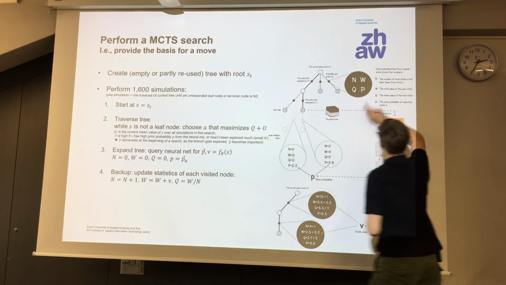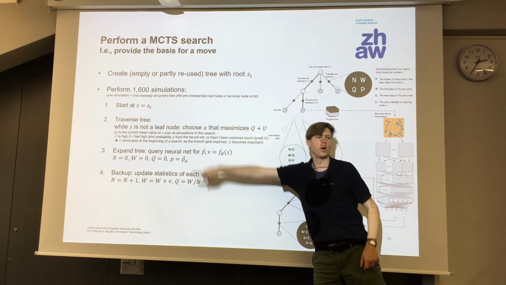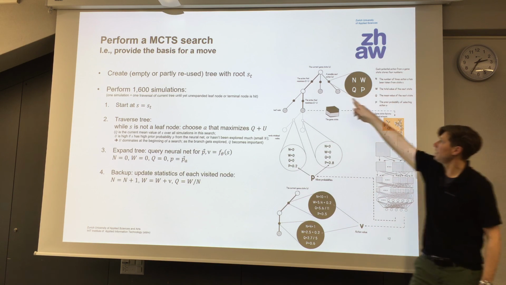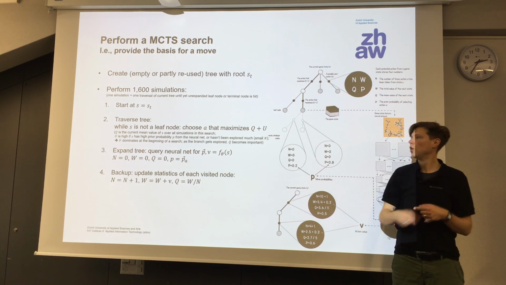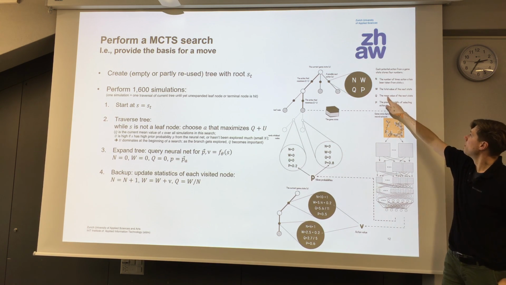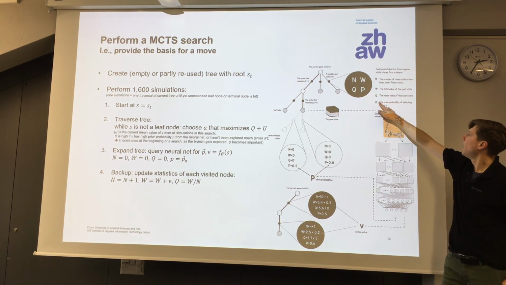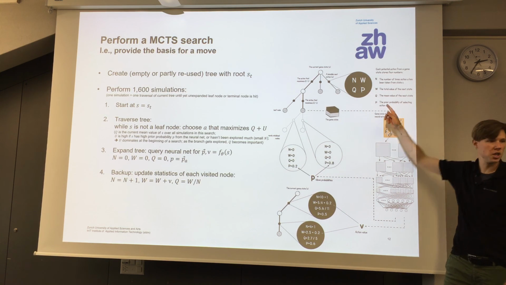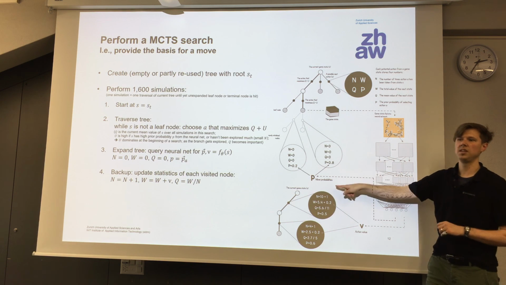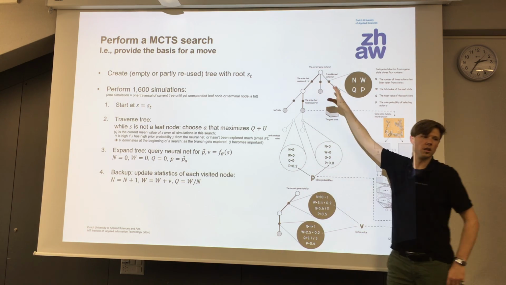What are these numbers? N, the number of times this action has been taken already in the run of the simulations. So we just count how often we came down that path. W, the total value of the following state. That is just the sum of the values that come out of my neural network. Q, the mean value of the next state. This is just W divided by N. And P, the prior probability of selecting action A. This is the probability that was originally outputted by the neural network. We will just see in a second how we originally arrive at these numbers. They are at every edge in our tree.